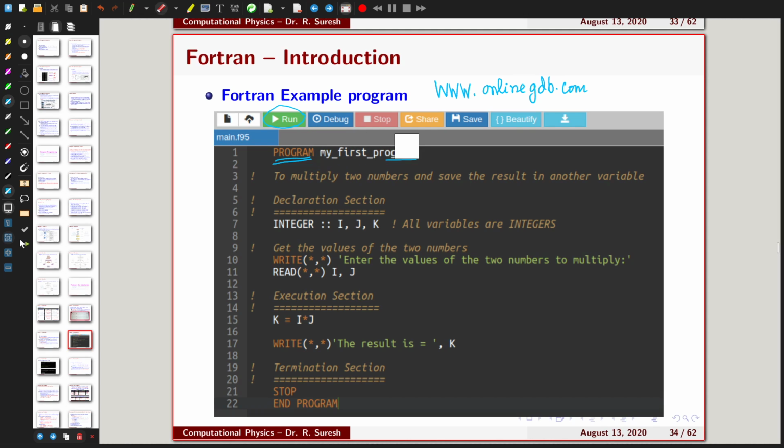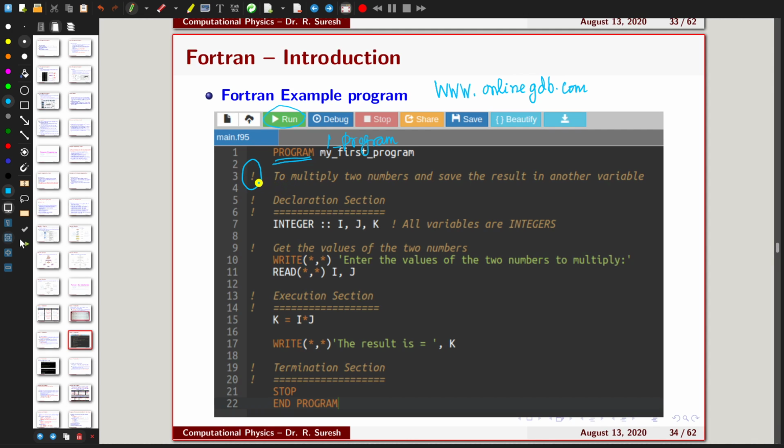Okay, please keep it in mind. You cannot write it as one program, because the first letter should be an alphabet, not a number or any other special character. You are not allowed to use special characters here, except the underscore. So, the program name, then you can use the exclamatory to give the command.